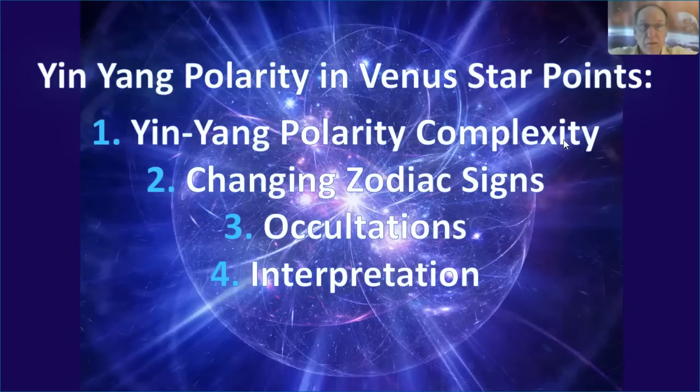Number three, there's another thing that can happen, which is very special. Sometimes, and it's rare, but it happens, a Venus star point will be an occultation. An occultation is similar to the idea of an eclipse, but instead of involving the sun and moon, it involves other celestial objects. It's a very special thing, just like an eclipse is. Let's talk about the occultations, how often they occur, and what they might mean, and that leads to our fourth topic of interpretation. I haven't talked much about the details of interpreting Venus star points, and I'll give you a resource you can go to for more information about interpretation. So let's go over these 4 points about Venus star points.